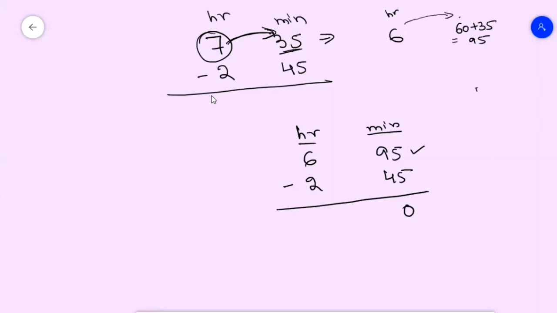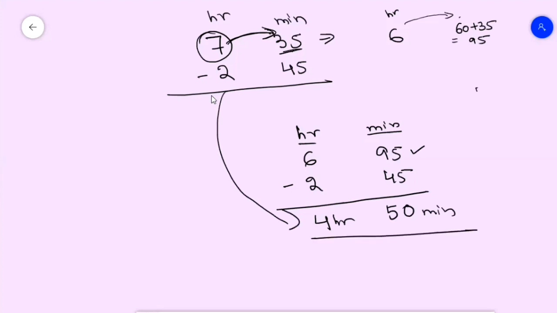Now 9 minus 4 is how much? 5. So minute is okay. Now 4. So what's your answer? When you subtract 2 hour 45 minutes from 7 hour 35 minutes, your answer will be 4 hour 50 minutes. Okay, so question remains same, but the answer is this one.